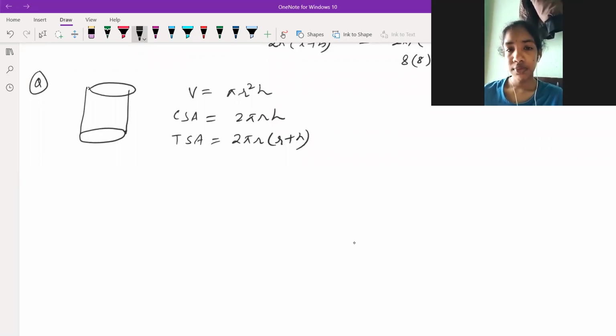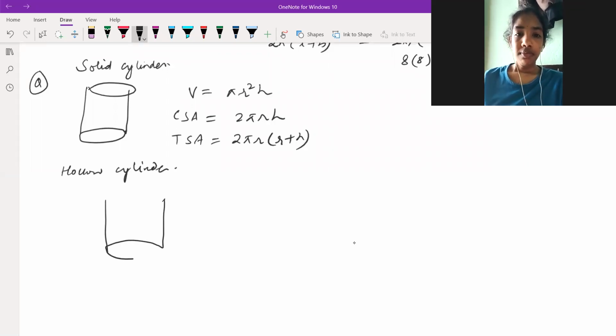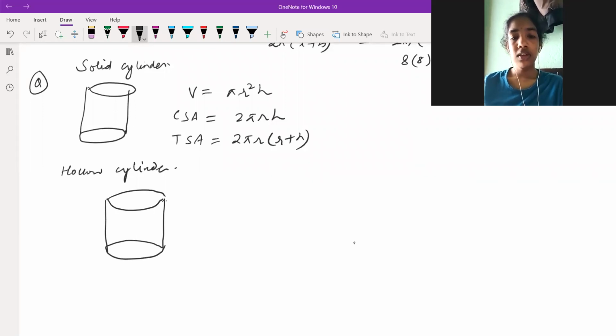You know hollow cylinder? Hollow cylinder, you know? No, sir, I don't have any idea. Hollow means, suppose this is a solid cylinder. Okay, solid cylinder. Hollow cylinder means it will be hollow from inside, like a pipe you have seen, a water pipe or something, or a wire pipe, where the wire will go. Inside nothing will be there. This gap will be there.